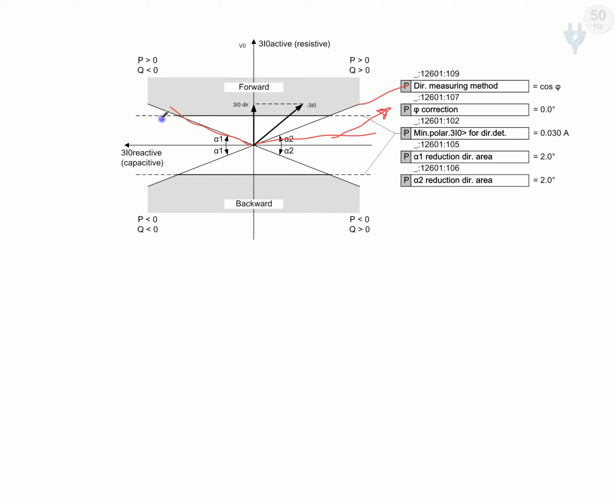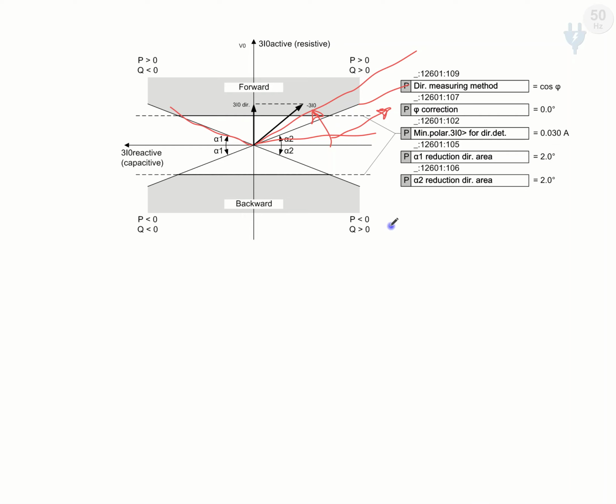Here alpha 1 defines whether the zero sequence current is capacitive in nature, and here it defines the inductive part. If we want our system to not be very sensitive to any type of zero sequence current flowing in the system, we increase this angle. If we increase this angle, our sensitivity to some of the misoperations in the system will be reduced, and also our sensitivity will be reduced,